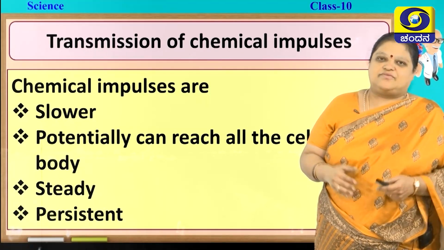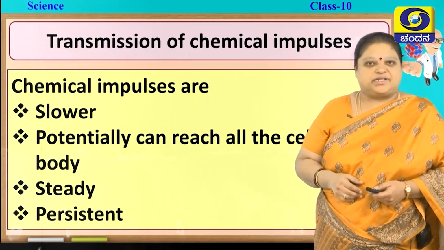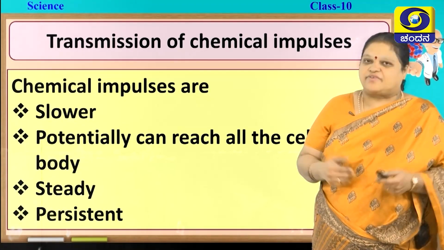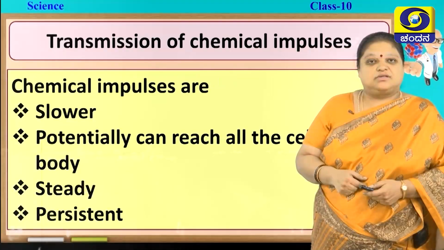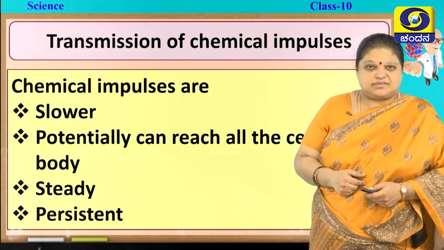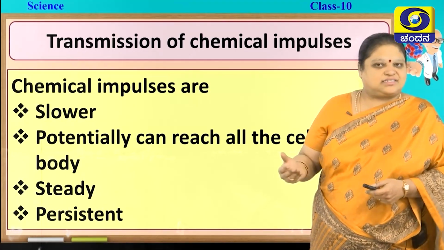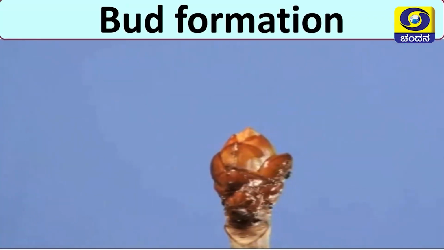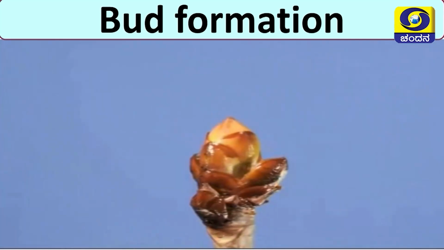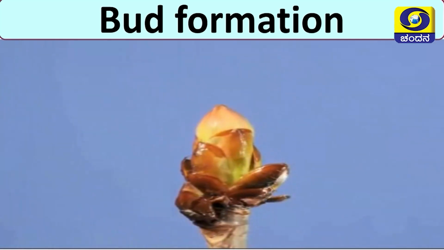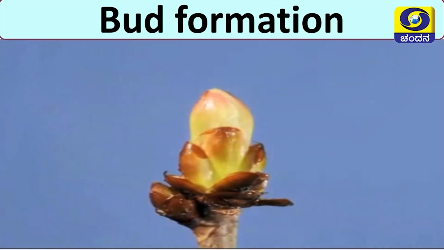Now let us see, for the sake of growth, some special chemicals have to be triggered and they have to move to several parts for the purpose of growth. So what are those changes that take place in the plants? The plants have so many other changes to take place. Let us see some of them. Now here you can see a bud. It is blooming. So for that, some chemicals are required for the triggering of that purpose to take place. You can enjoy it.